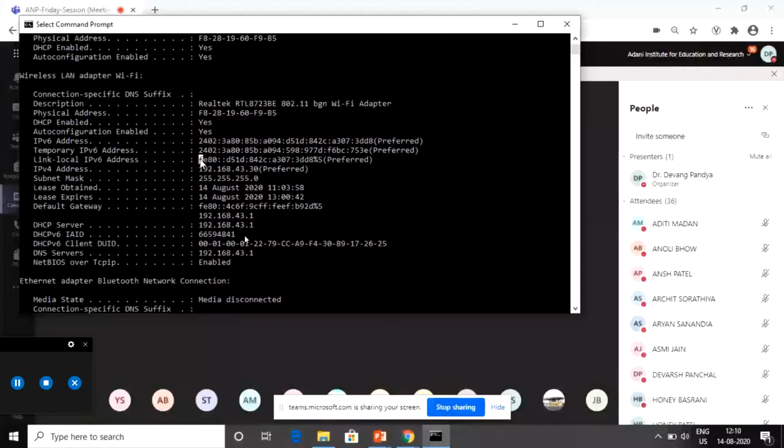First thing, what is the purpose of the link local IPv6 address? Very important. The purpose is auto configuration and neighbor discovery.